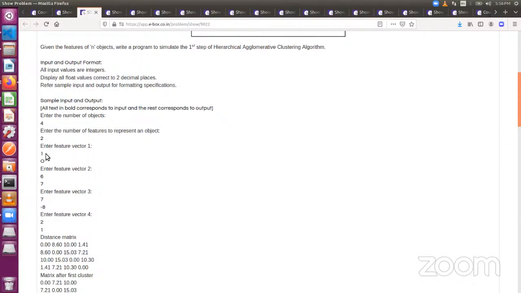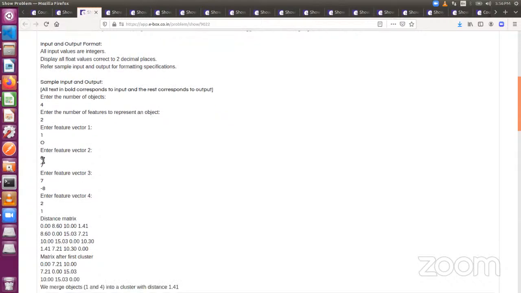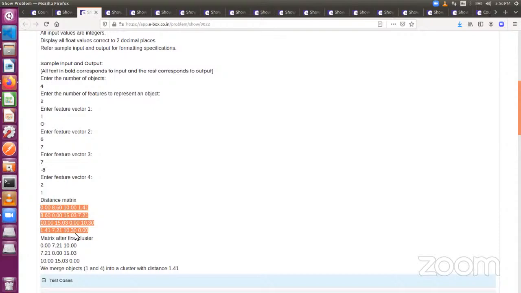Okay. So now here, 4 objects are there, and each object has 2 features. Using these four objects, you are considering a 4 cross 4 matrix. Okay, so this is actually a distance matrix. You're considering a 4 cross 4 distance matrix. So after considering the 4 cross 4 distance matrix, you find out which is the smallest